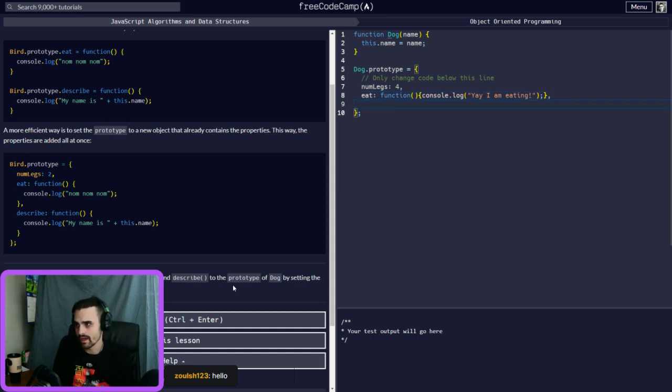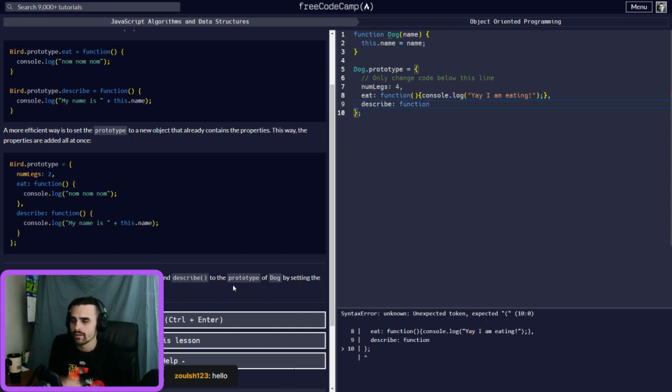So now we have a describe function. But now I look at this and think, I get it, but why do I have to keep putting function for everything?